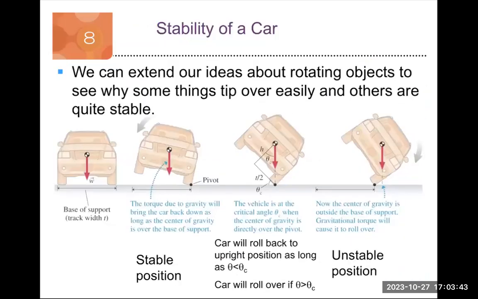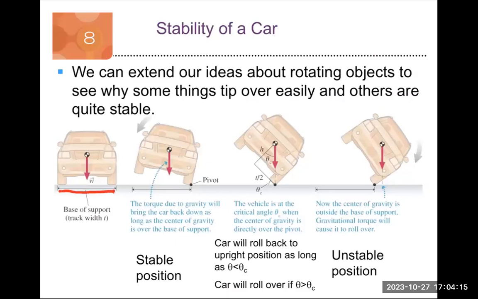Now, in terms of stability, we can look and see when our rotating object might tip over. Notice this is a car. We have our base of support, which we also call our track width, that's between our tires. So our center of mass is right in the center of that. So, stable position. Now, if we start to pivot,